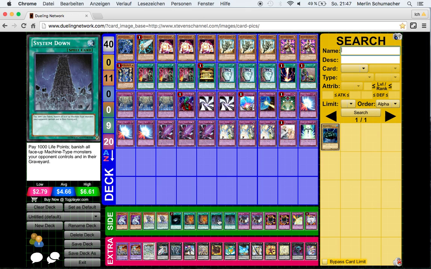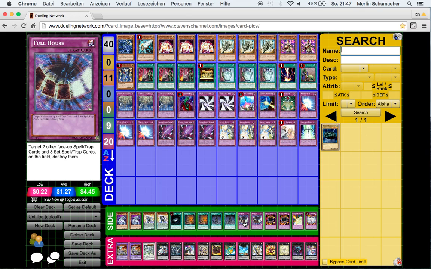System Down has been amazing. That helped me a great deal to beat the 2 Clifford matchups I had during the tournament. It's basically an extra Raigeki that also banishes them so they can't get Pendulum summoned back, and it's also good against Cosmo. Flaws mainly for the Klee matchup, because Klee is a really bad matchup for this deck